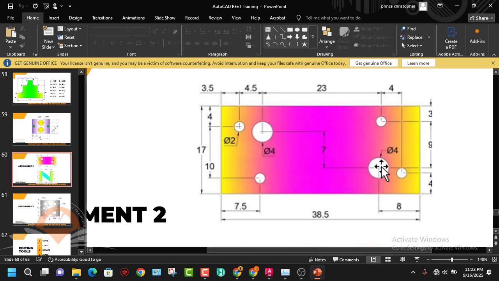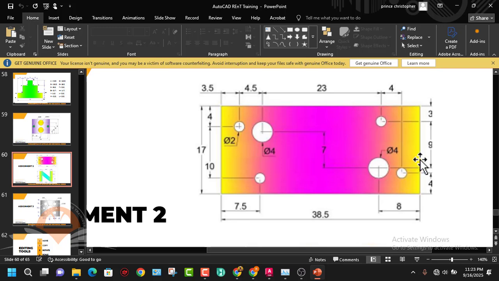The distance from this circle here to this point is 8, and we have 4 here, which can be assumed to be the center, or we can calculate it from this point. All we need to do is 3.5 plus 4.5 plus 23 plus 4. That's what? 35. So the distance from the center point of this circle to this point is